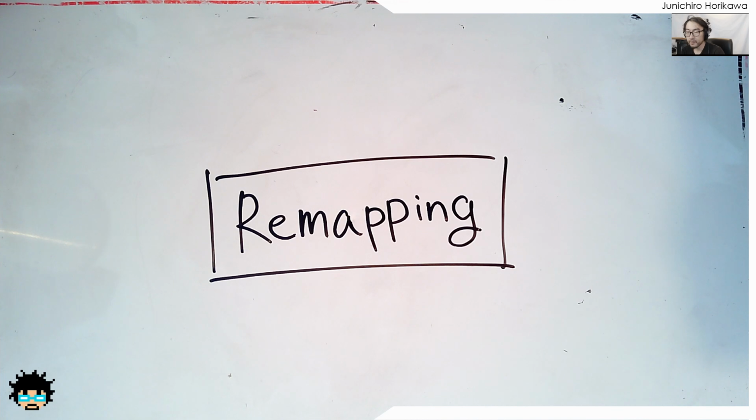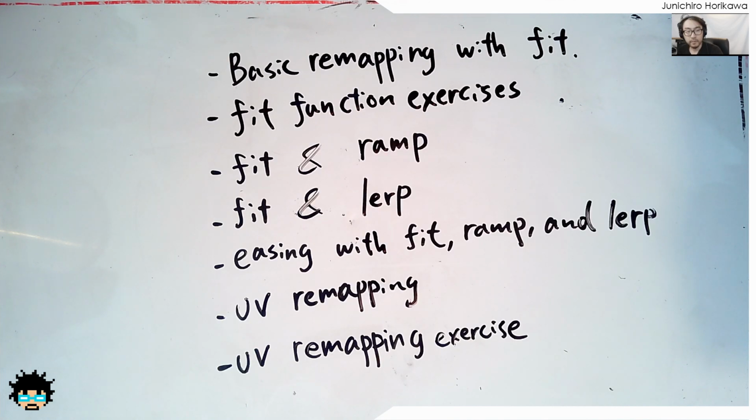This is the 22nd episode for VEX for Algorithmic Design, and the topic today is about remapping. And here's the outline that I'm going to talk about today, starting from the basics of a fit function, which is going to be the basic function for the remapping. Then do some exercises using this fit function together with some examples using fit and ramp, fit and lerp functions, and some easing exercises using fit, ramp, and lerp functions. Then in the last I'm going to talk a little bit about UV mapping, the basics of UV mapping